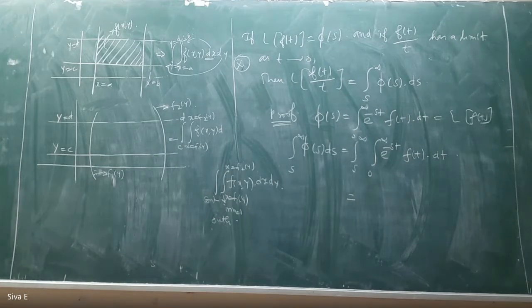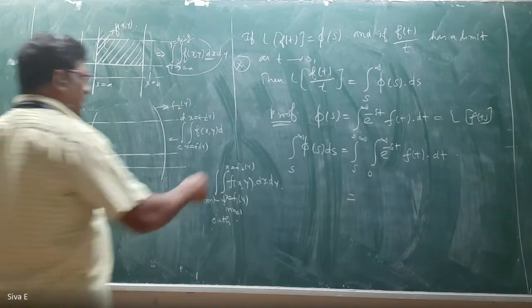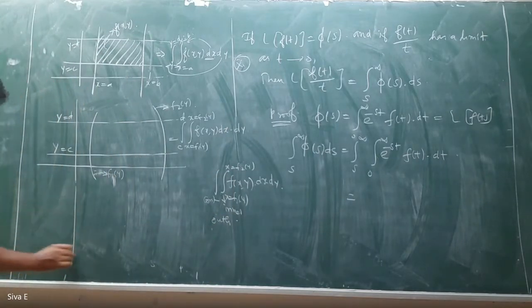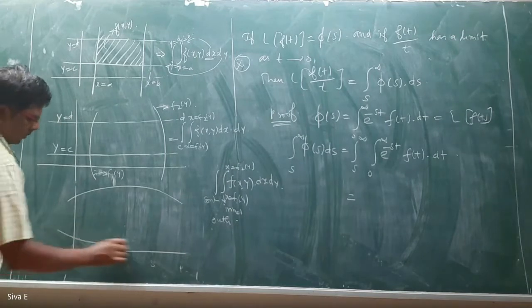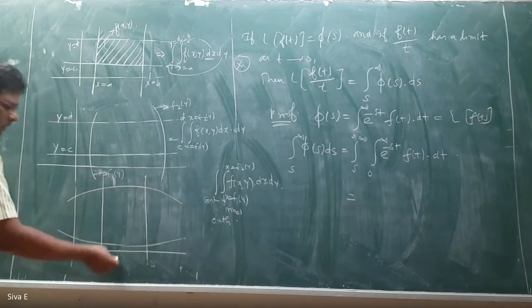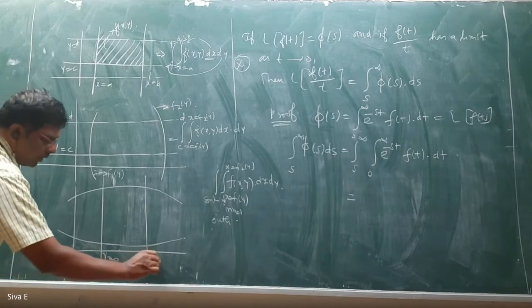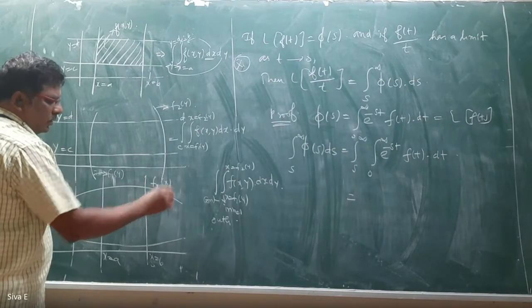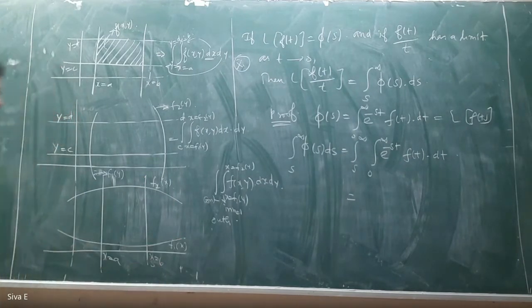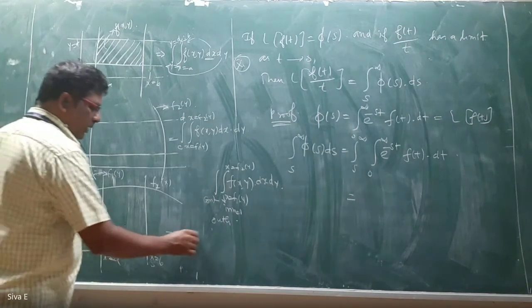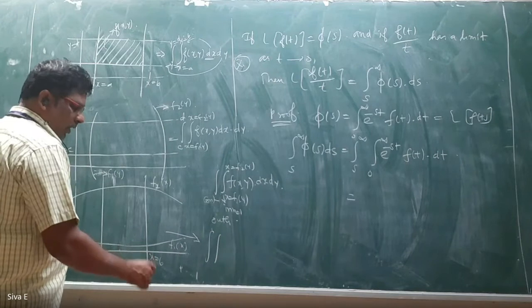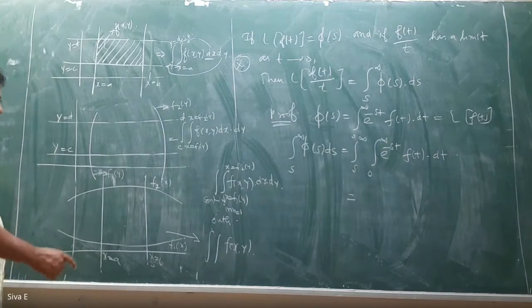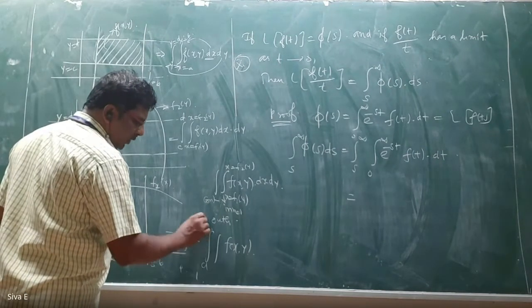Just now you told the concept, na? Inner integration based on x, dx, dy. Sometimes if we draw these are the two straight lines, these are the constants, x equal to a, x equal to b, f2 of x, f1 of x. Then this integration can be converted into double integral f of x comma y. But first you have to write that the constant x equal to a to b. So a to b here.